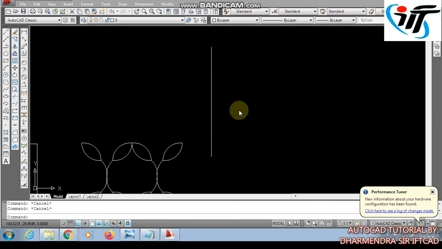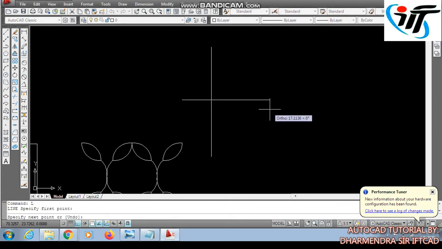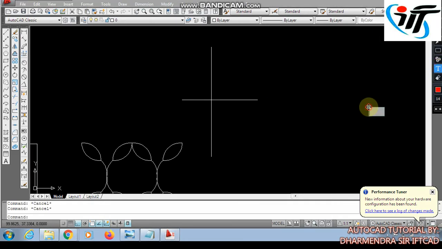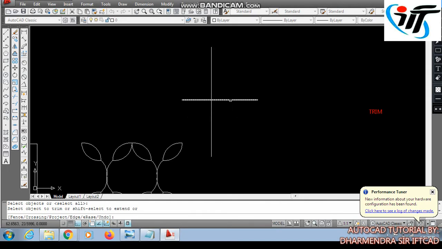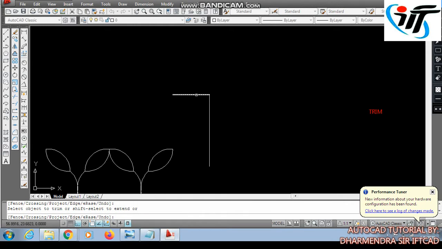Just draw a perpendicular or vertical line, then draw a horizontal line. Now use the trim command. Press TR, double enter, and click any crossing object which you want to trim. Like this. The single source object will not be deleted. If you click here, it will not remove it.